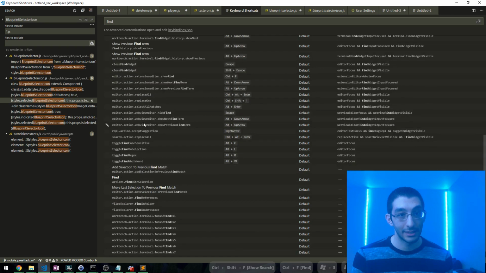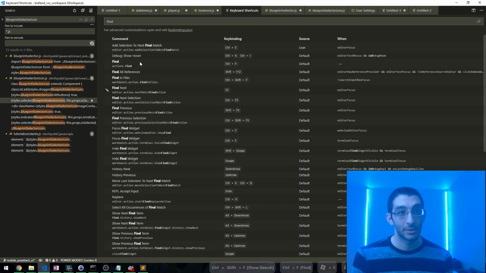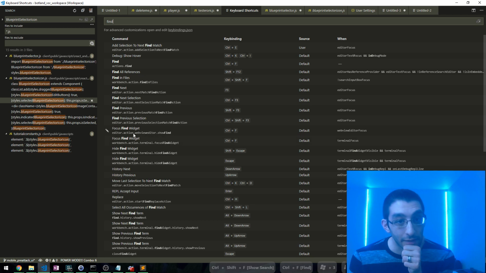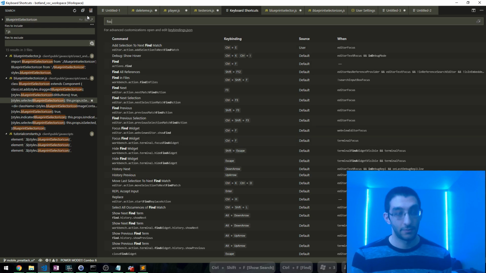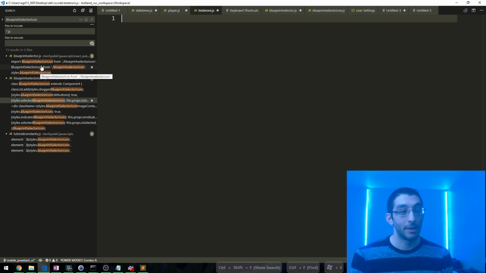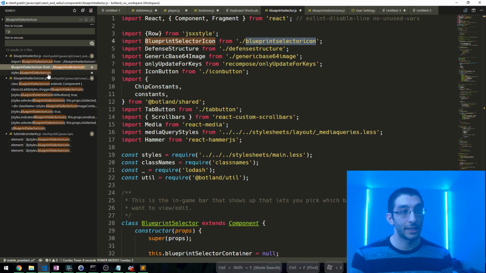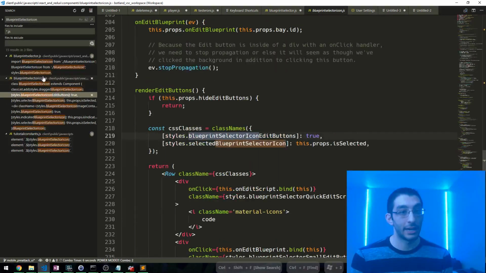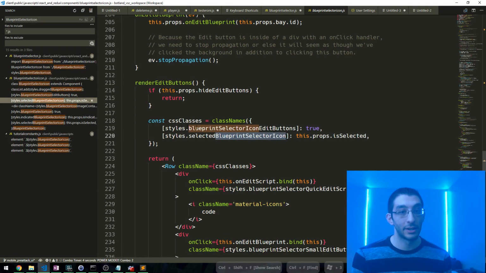Did I not see this? There's something about focus in here. Find focus find widget. Is there a focus find all widget? Focus find. Just Control F. No, okay, wait. So maybe I'm not being clear here. I've got this, right? And I'm going up and down, and then I go over to the editor, and now